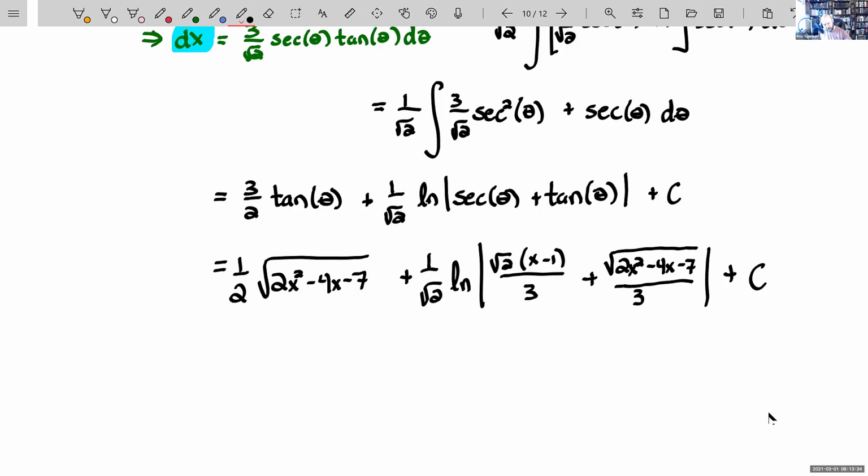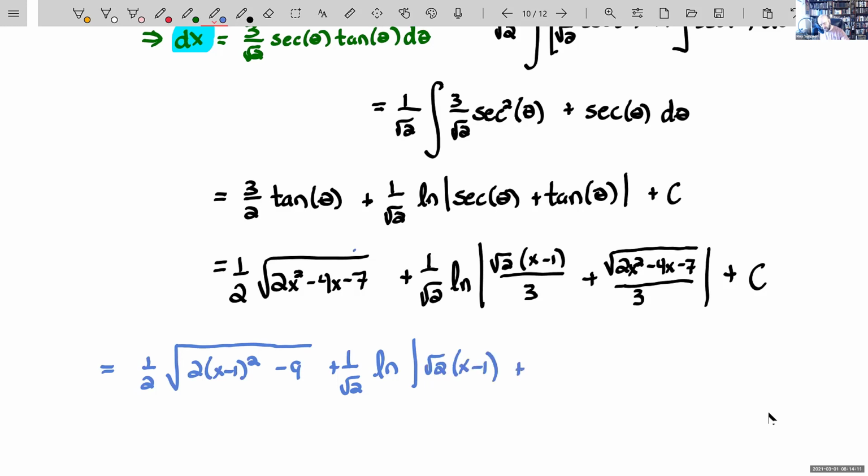Maybe I should write this in blue just to say this is an optional way of writing this answer. 1 half square root of 2 times the quantity x minus 1 quantity squared minus 9 plus, sorry, plus 1 over root 2 times the natural log of, it does have to have the absolute value, root 2 times x minus 1 plus square root of 2 times x minus 1, quantity squared minus 9, and absolute value